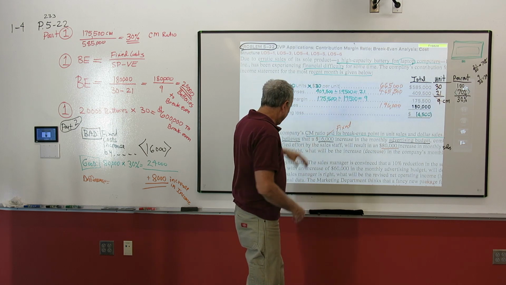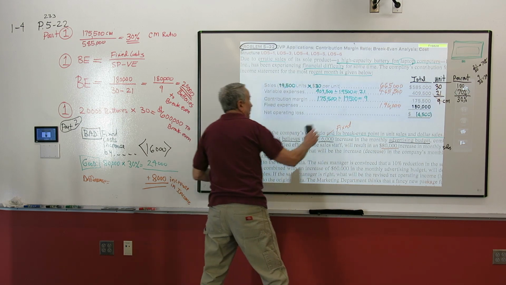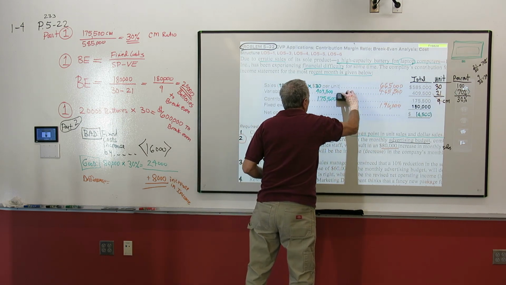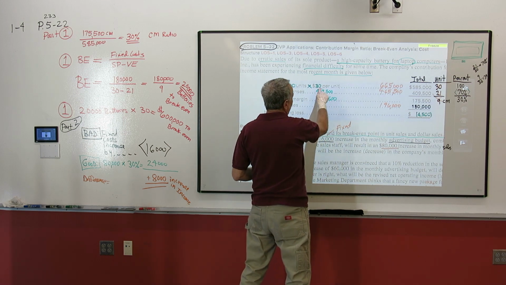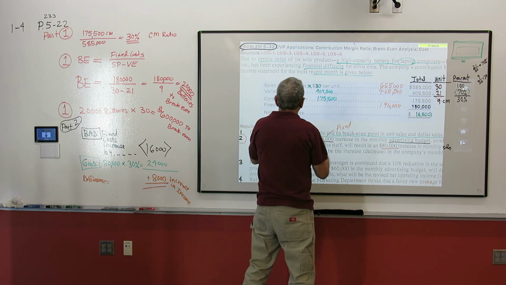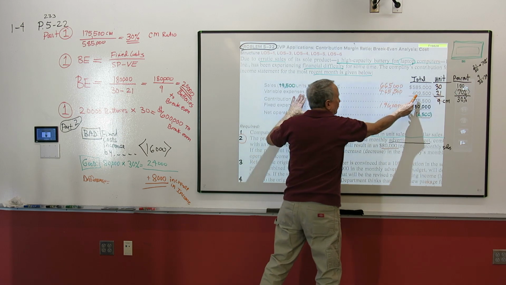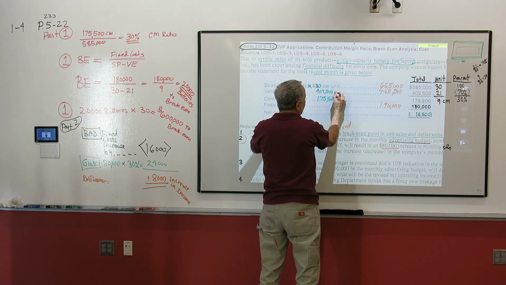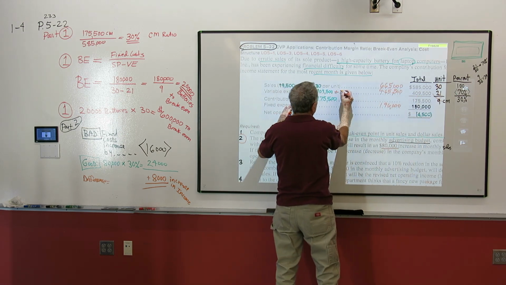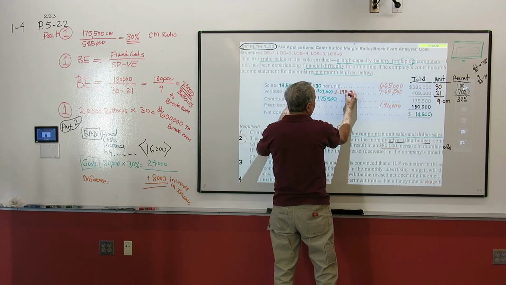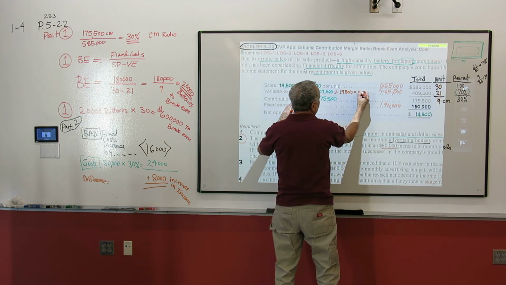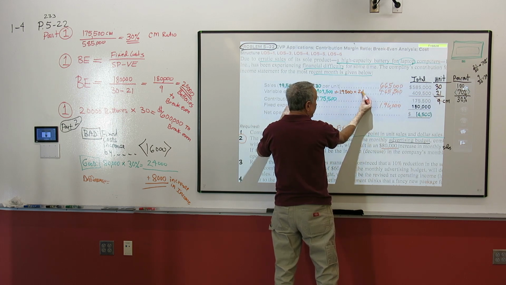But they didn't give us all of this information. But we can do the same thing. They gave us the $30 per unit, but the variable expenses, they just gave us $409,500. Let's take the $409,500 and divide by, again, 19,500 units. And that will give us $21 a unit. That's the cost to make the shirt, the materials and the labor.